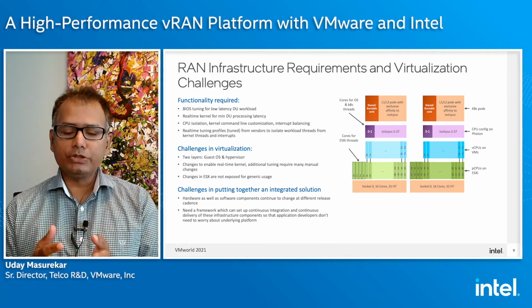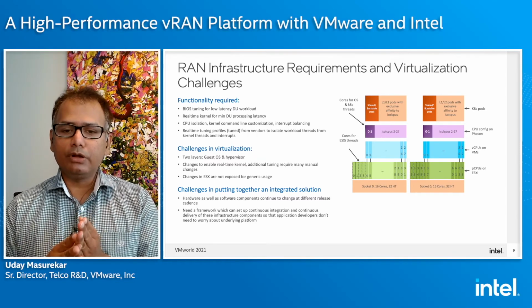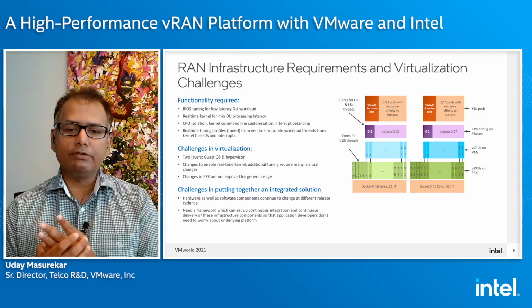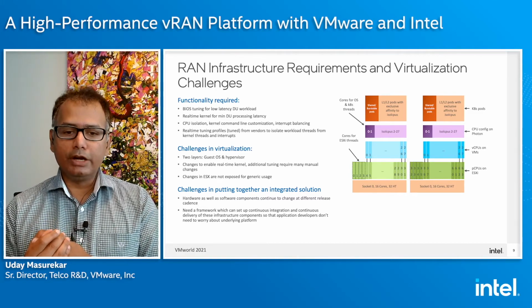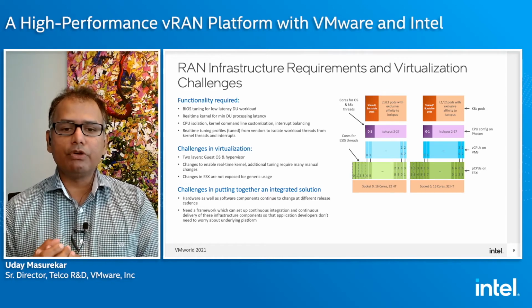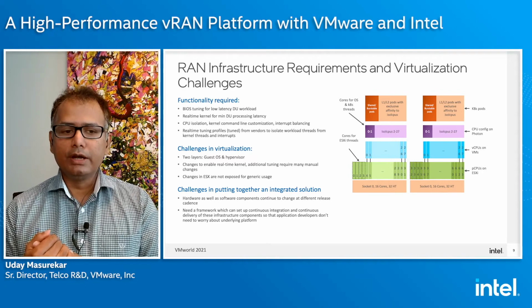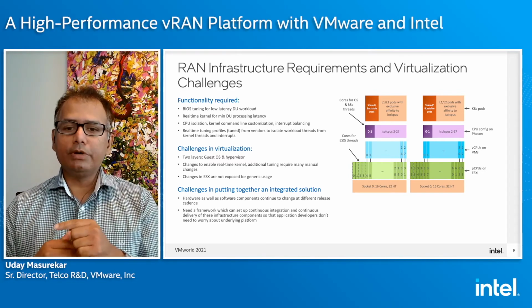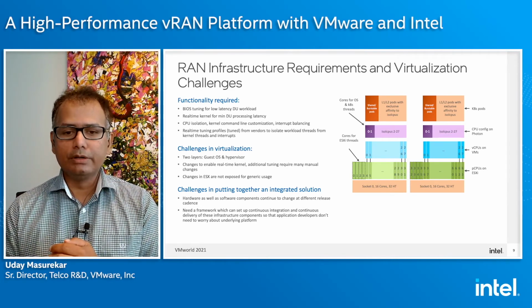For L1 apps, for RAN applications, you do expect that when a particular frame arrives, it needs to be processed within that stipulated time. Otherwise, you have a problem. So real-time scheduling, the PREEMPT_RT kernel patches, is one of the fundamental requirements for RAN applications to function. And when you add this hypervisor layer, it needs to be coordinated between what happens in the worker OS and what happens in the hypervisor.